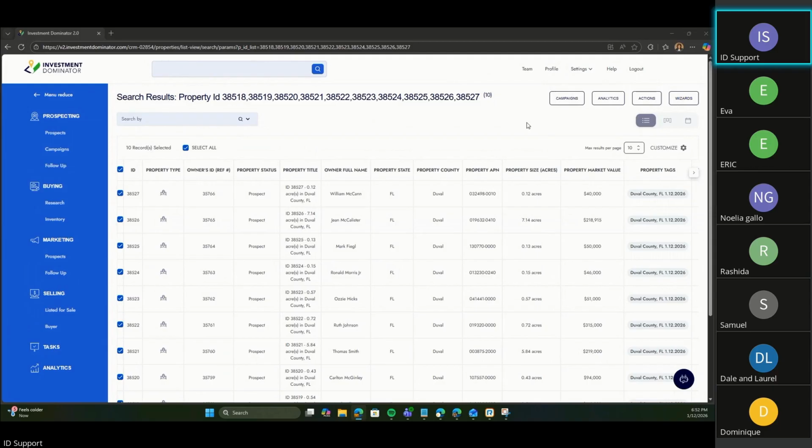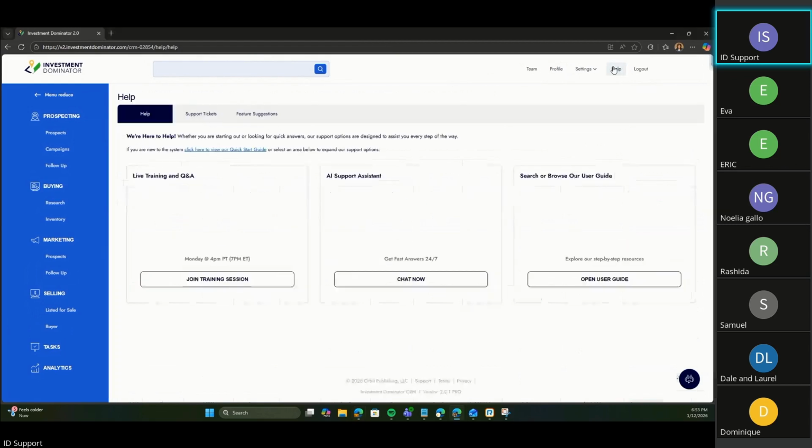For my friend that asked about the recordings of the calls, they are under the help section. They're in the user guide as well. So this is a good time to introduce you to help. If you get lost and you're like, hey, I didn't understand anything Jory said tonight, or say you came in a little bit later and you just want to take a look at what we went over for the basics, you can go to this help section.